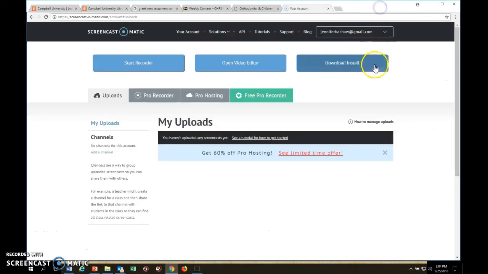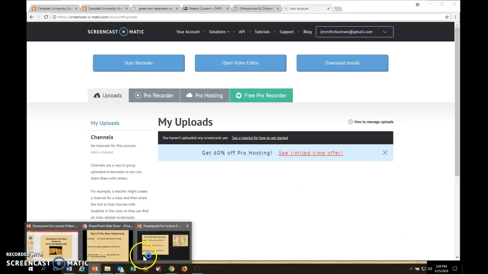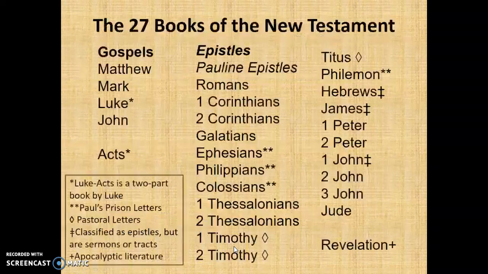All right, moving on. Here I've listed the 27 books of the New Testament in their canonical order, starting with Matthew and ending with Revelation. But I've made some notes throughout. We're going to be talking a little bit about genre as we read and interpret the New Testament.